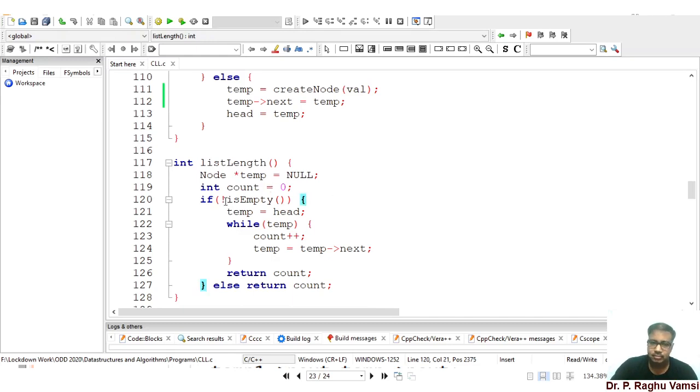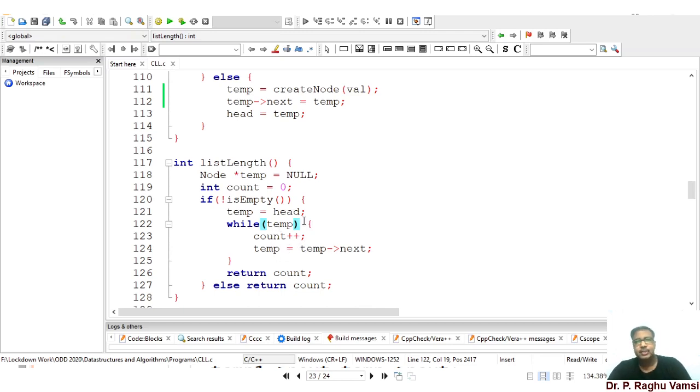If the list is not empty, then only we will go for the temp calculation. In this, temp is equal to head, while temp, count plus plus, temp is equal to temp next.